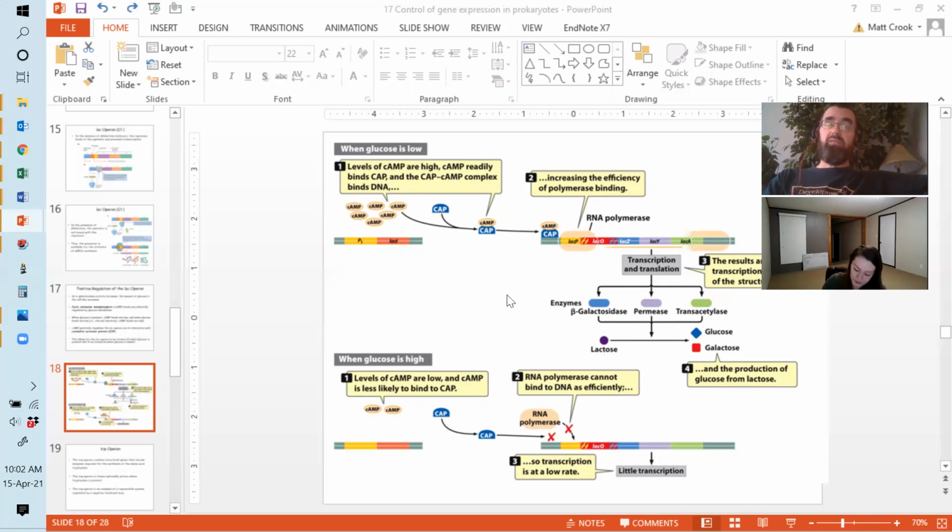But in the presence of lactose, lac I will not be bound. And now you have something between this extreme and this extreme. Right? So in the absence of lac I, now you can transcribe the lac operon. But how well you do so depends on how much glucose is present. If there's very little glucose present, right? So if you put your hand over the screen and there's nothing here,